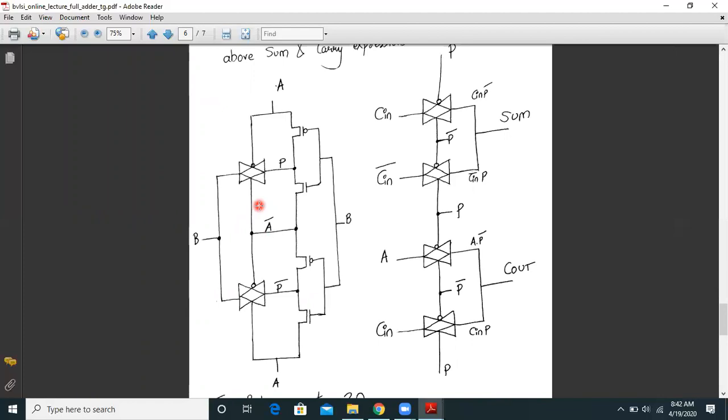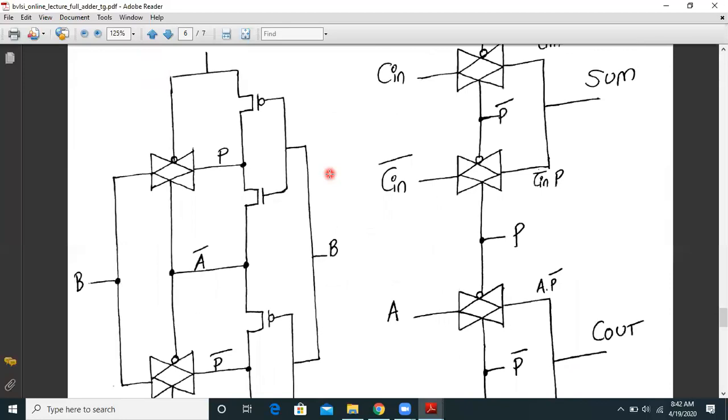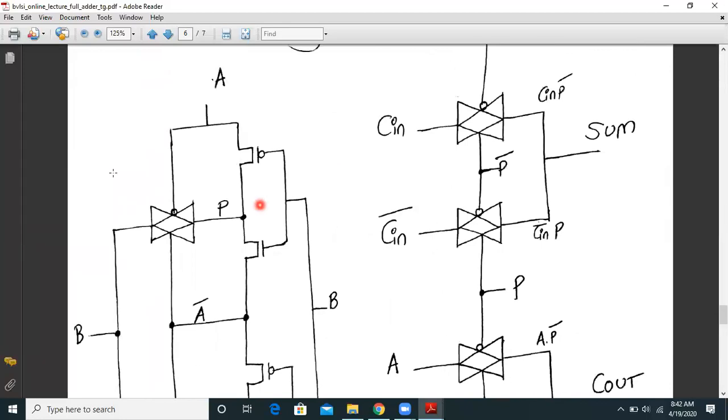I hope this fits into the screen. Yes, I hope it does. So the upper part of this circuit over here, you can see this. Let us concentrate on the circuit to the left hand side. Let me just maximize this a little bit. So this circuit over here, as you can see, consisting of one transmission gate and two transistors over here, is nothing but your XOR implementation using